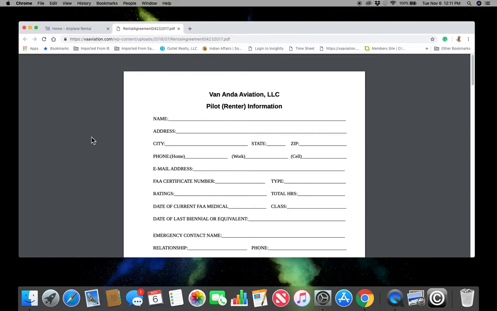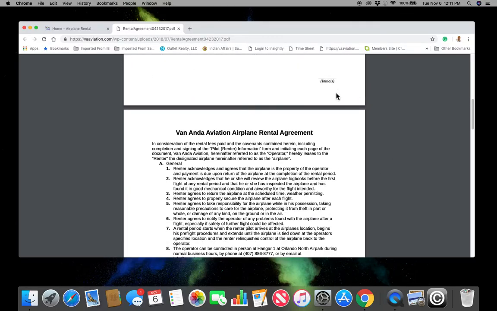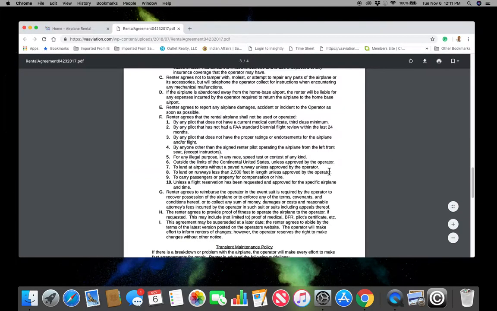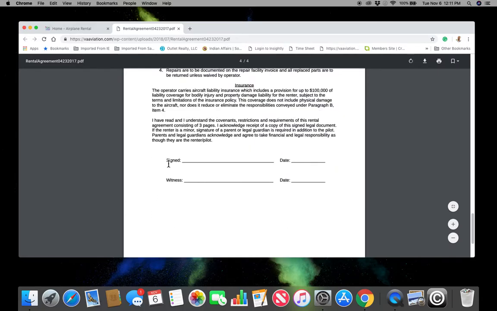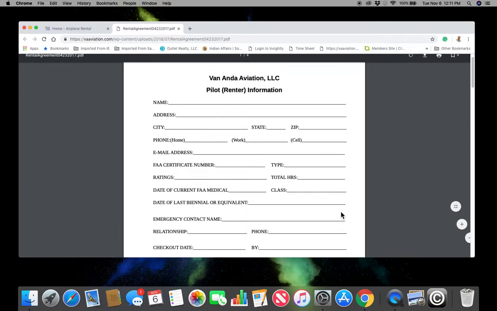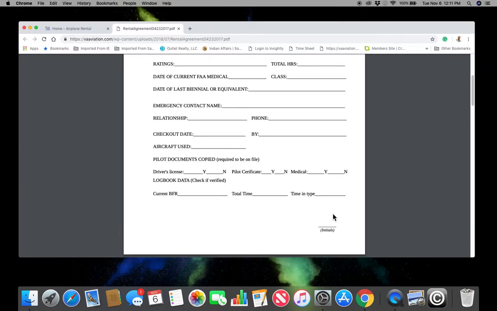So I do ask you as an instructor, whenever you do have a new student or a new customer that's coming in, do have them fill out this rental agreement, have them initial the bottom of each page. Each page has an initial line. Have them sign it, and then you witness it as an instructor. And also, we ask that you do make a photocopy of a photo ID, pilot certificate, medical, and renter's insurance if they have it. And once you get all that together, just scan it in and send it to me,